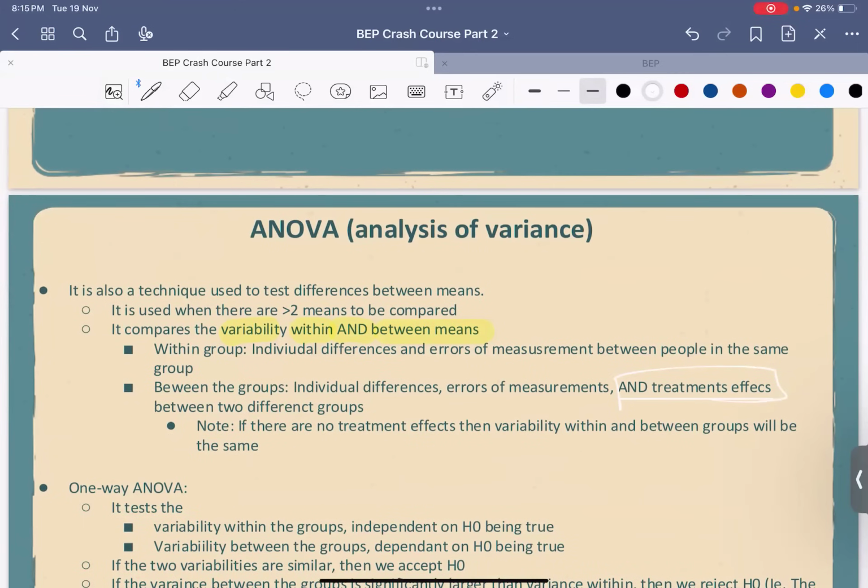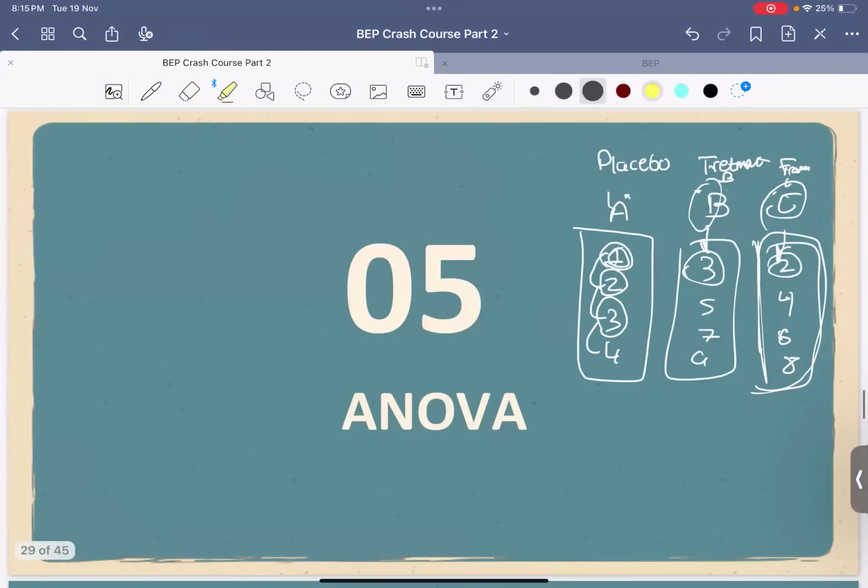Okay, so if there's a treatment effect and there's a difference in the variability between the groups, then there's probably a treatment effect, because probably the treatment is what's causing the difference between the 3 different samples. I picked the 3 samples randomly from the same population, so they shouldn't have a difference. But if there is a difference between the groups, then probably the treatment is what caused this